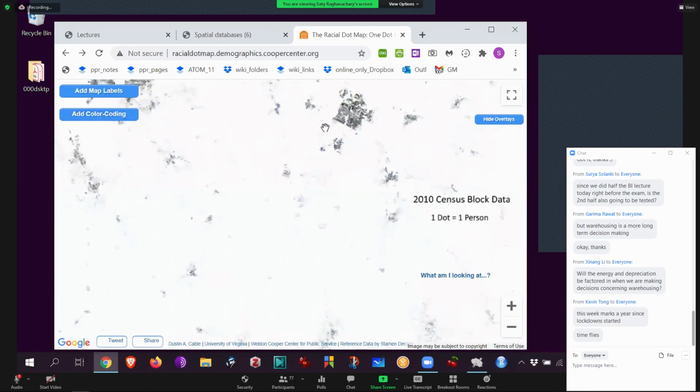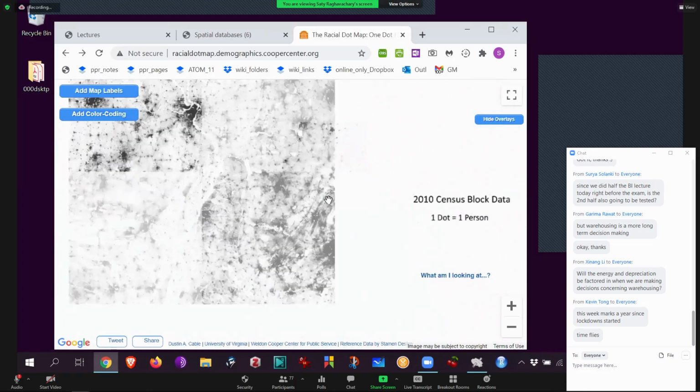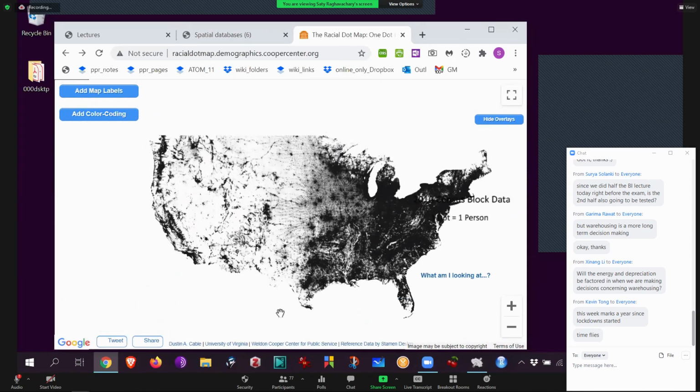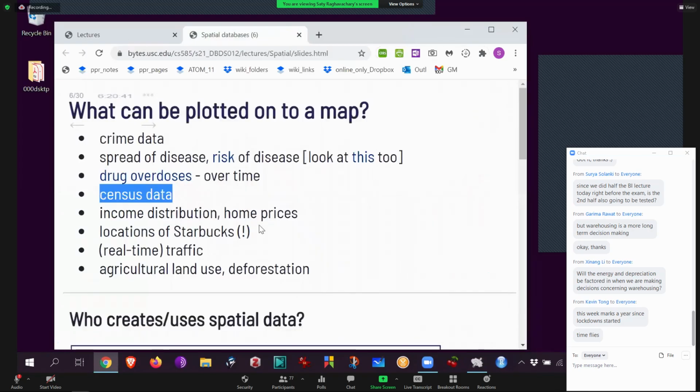If you don't want racial stuff, forget race, we're all the same race, human race. Then this is what the population looks like. The reason why nobody lives here is it's 1 mile high. Duh, these are the Rocky Mountains. In the West, usually the population is pretty low. But look at the East Coast, oh my God, and look at California. Okay, so that is all what you can do.